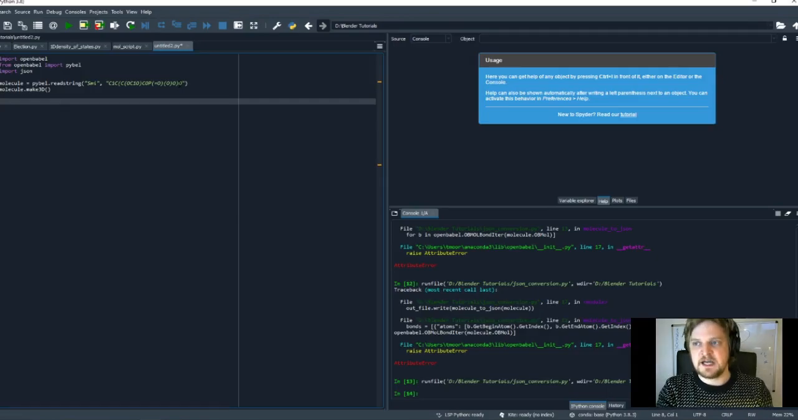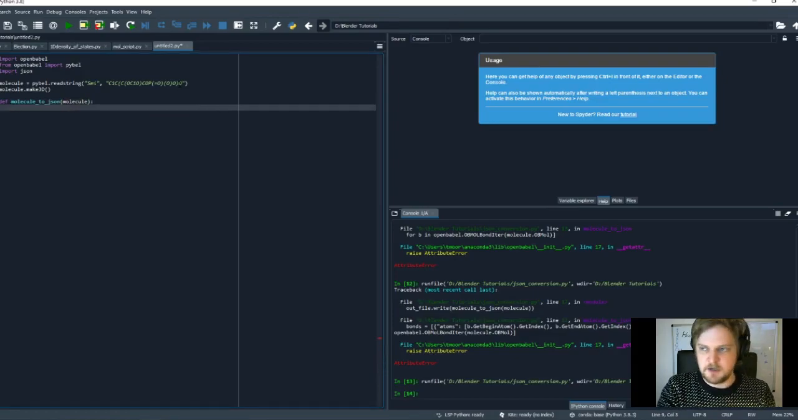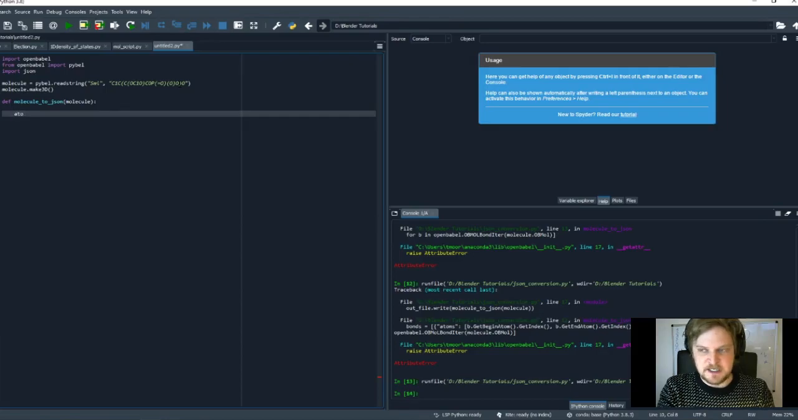So what we need to do now is convert that molecule into the JavaScript Object Notation format so that we can import it into Blender. So for this, we're going to create a new function called molecule_to_JSON, and we're going to pass this the molecule, the 3D molecule object. Okay, so the first thing that we need to do is create an array of all of the atoms in the molecule. And this is going to contain information about the elements,